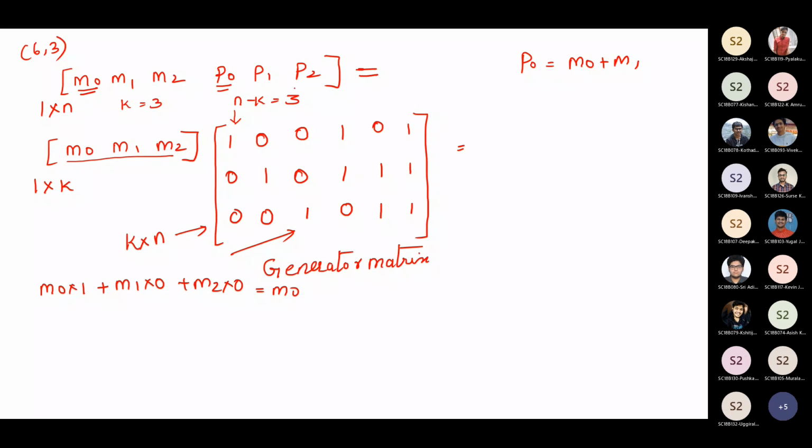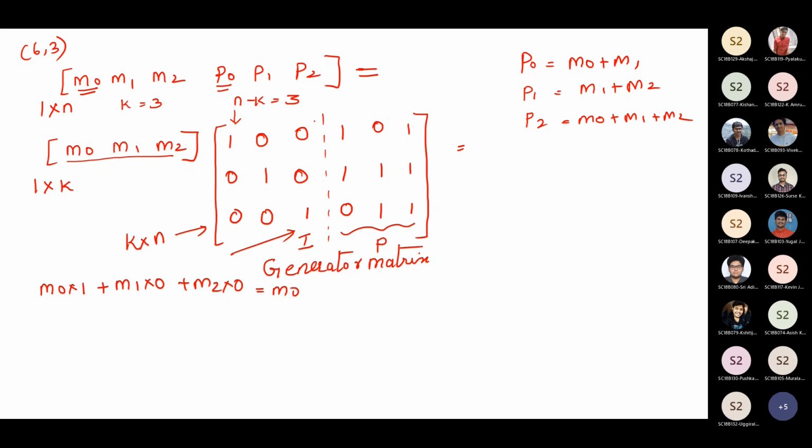So if that is the case, you will be getting the code word. So if you see the generator matrix, since we are keeping the first 3 bits as the message bits, you will be getting the identity matrix in the generator matrix. So this is the identity matrix. How are we getting this matrix? This matrix, using this formula only we are getting. So it is called the parity matrix. M0 plus M1 plus M2. So this we are calling the parity matrix.